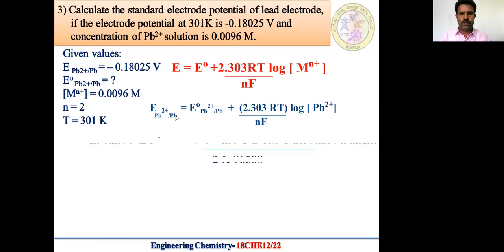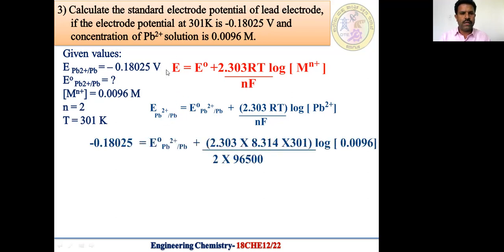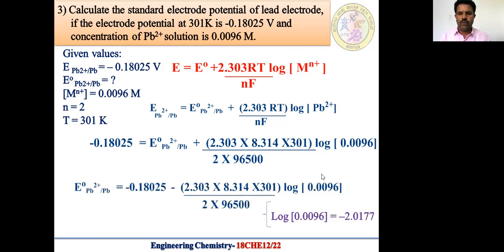If we substitute the given values, the electrode potential of the lead electrode, that is minus 0.18025 volts, is equal to the standard electrode potential of lead, to be calculated, plus 2.303 times R value 8.314 and temperature 301 Kelvin, divided by the value of n, which is 2, and the value of Faraday's constant 96,500, log of the concentration of lead ions in solution, equals 0.0096. The value of log 0.0096 equals minus